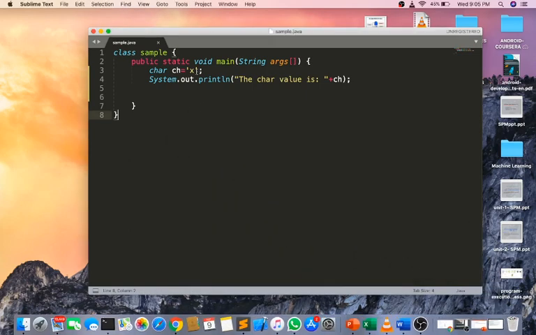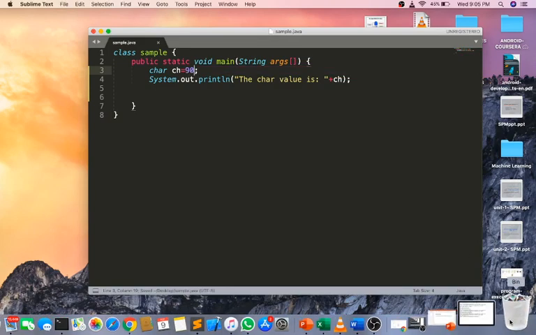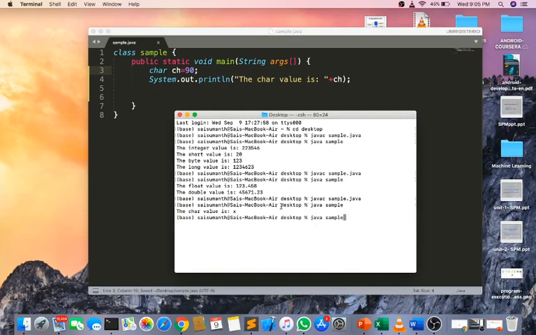It is based on ASCII values, friends. Now if you assign some 90, then the output will be Z, because capital Z has ASCII value 90, so it will convert into the alphabet.